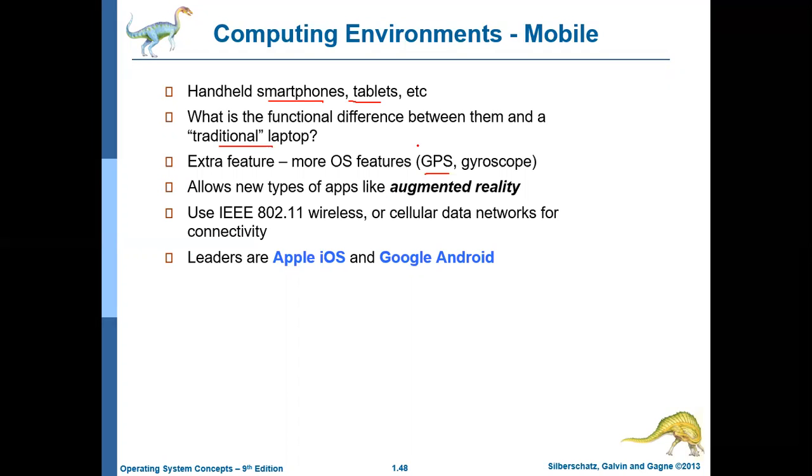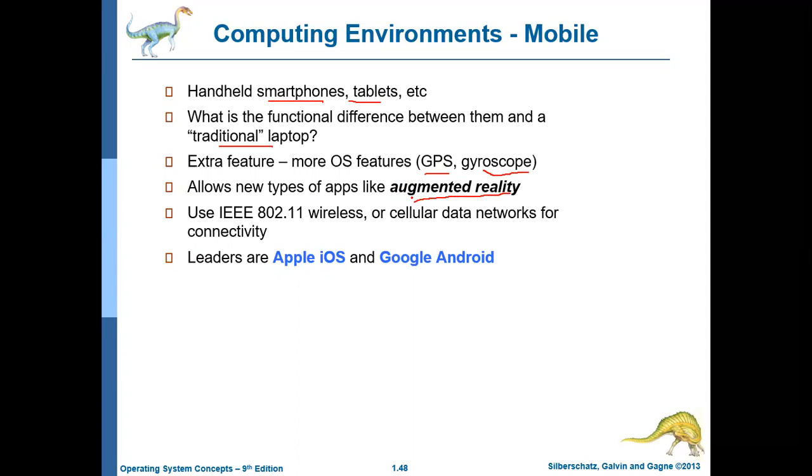It may also include a gyroscope, which is used to detect the velocity at which you are moving. These are the typical features which are not available in a normal traditional laptop or computer, but which are available in the smartphone. The applications running on mobile phones take advantage of these features, and by doing so they try to provide an augmented reality environment.